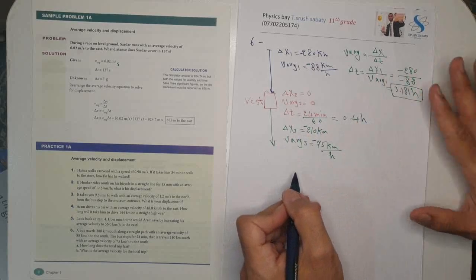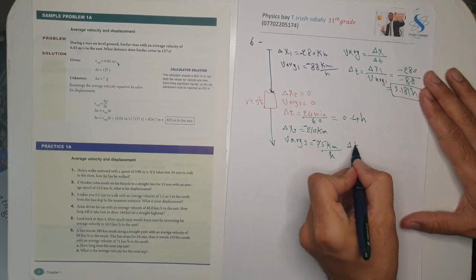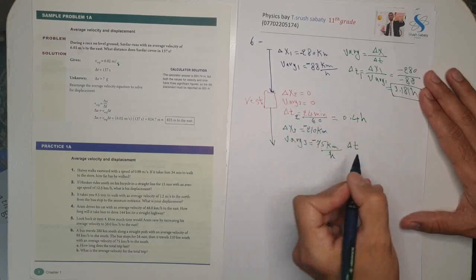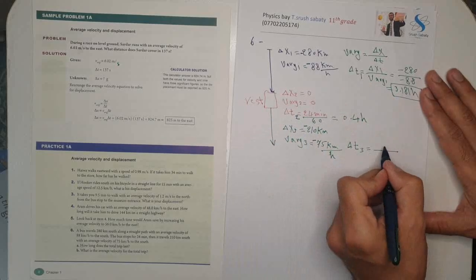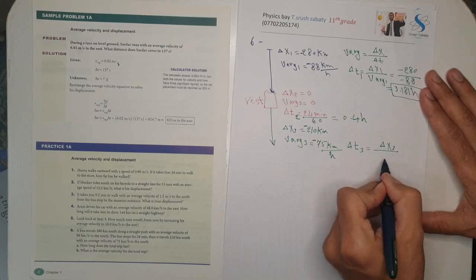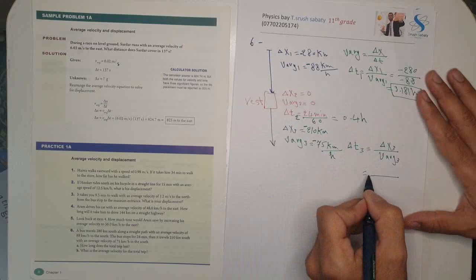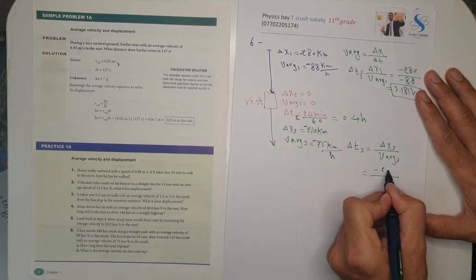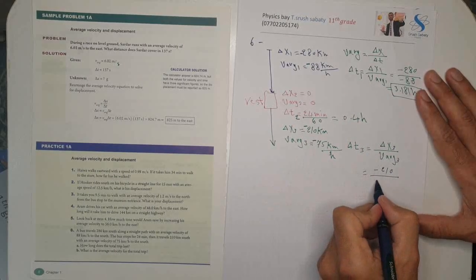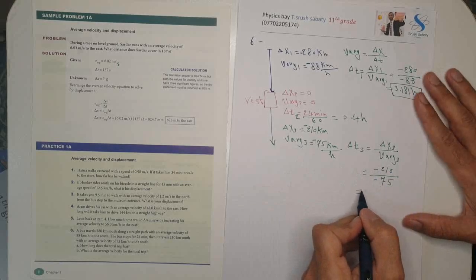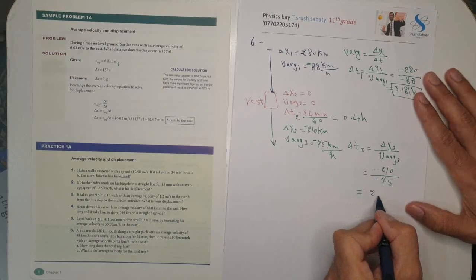For the third one, we find delta t again: delta t3, that is equal to delta x3 divided by v average 3. So delta x3 is equal to minus 210, divided by v average 3, minus 75. So the result will be 2.8